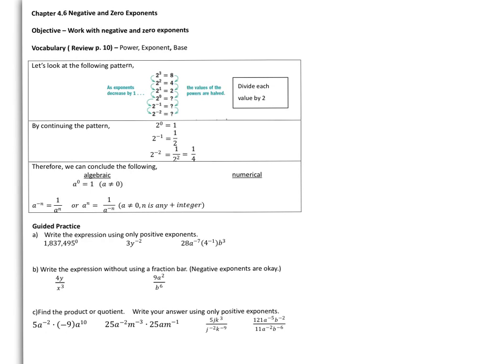4.6 Negative and zero exponents. The objective of this lesson is to work with negative and zero exponents. And the vocabulary words you need to know are power, exponent, and base. So to do a little bit of review,